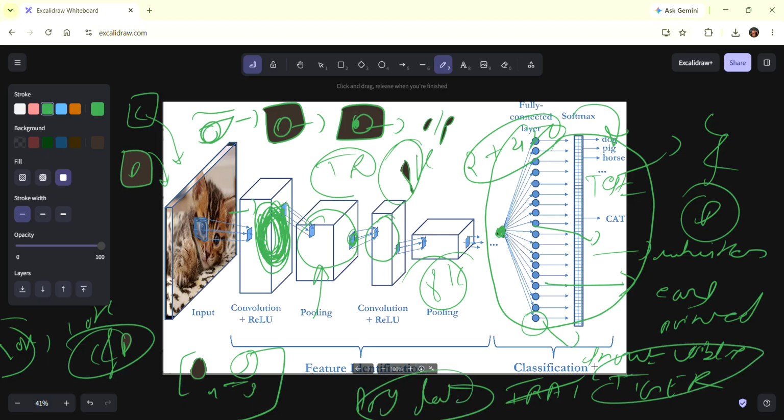Whenever we show the tiger image, my machine is going to predict it is not a tiger, it is a cat. Yes. So this is how, based on the features, the machine gives you outcomes. It can give the outcome on a tiger only when the machine has the input of a tiger. Otherwise, the machine is not ready to give proper outcomes. So this is what is happening, guys. You need to understand how you are going to manage your data. Everything is based on data only. If there is no data, we can't get proper outcomes. If you have more and more data, your outcome becomes easier, right?